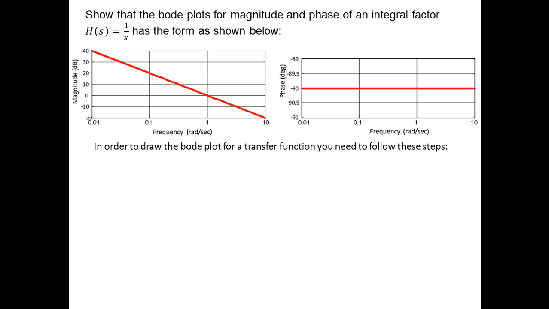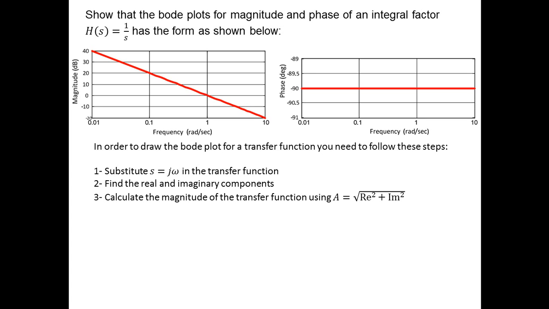In order to draw the Bode plot for the transfer function, we need to follow these steps. The first step is to substitute s as j omega in the transfer function. The second step is to find the real and imaginary components of the transfer function after substituting s equal to j omega. The third step is to calculate the magnitude of the transfer function using